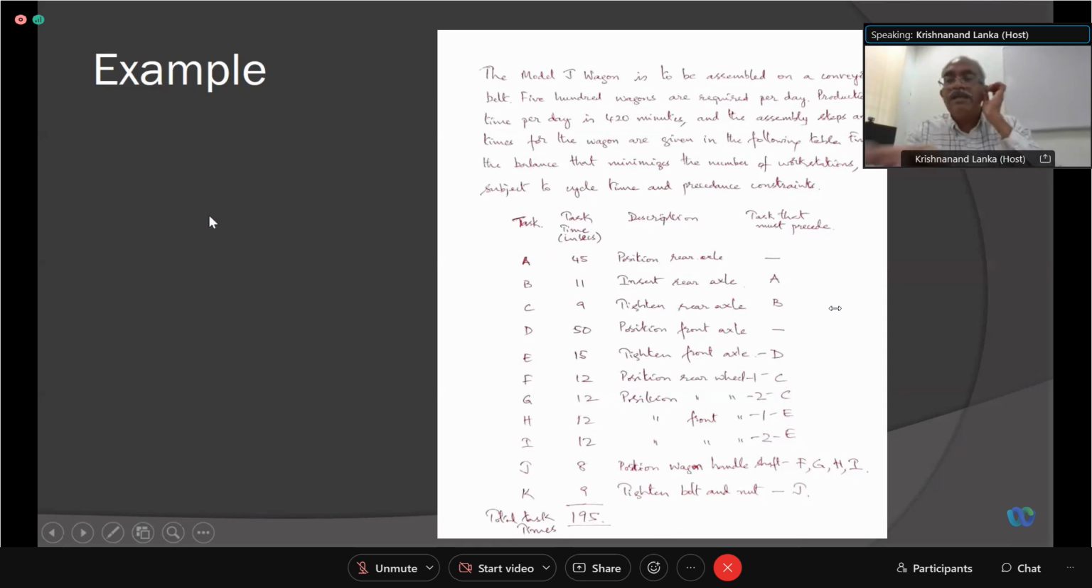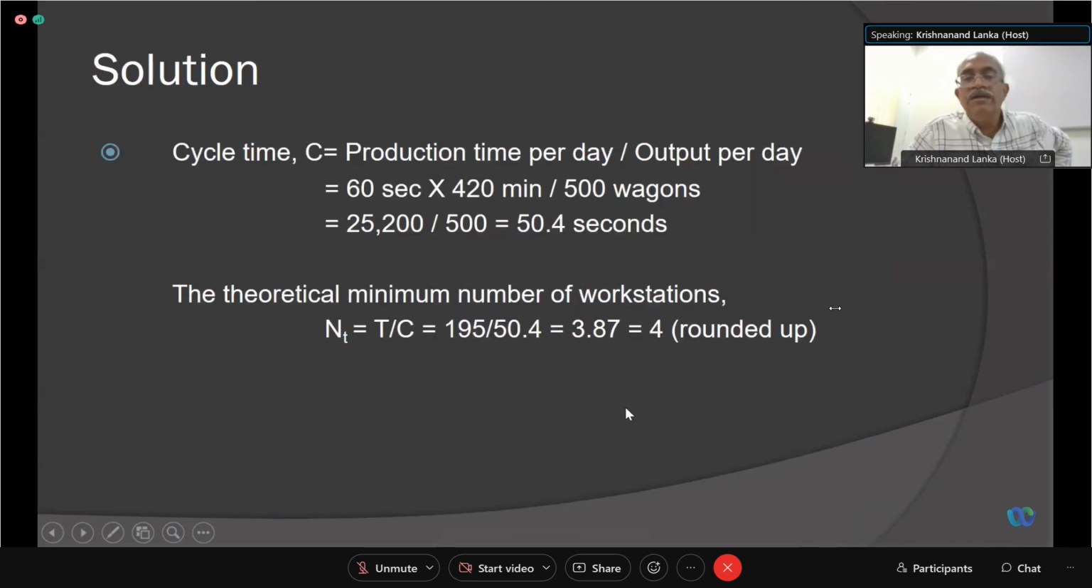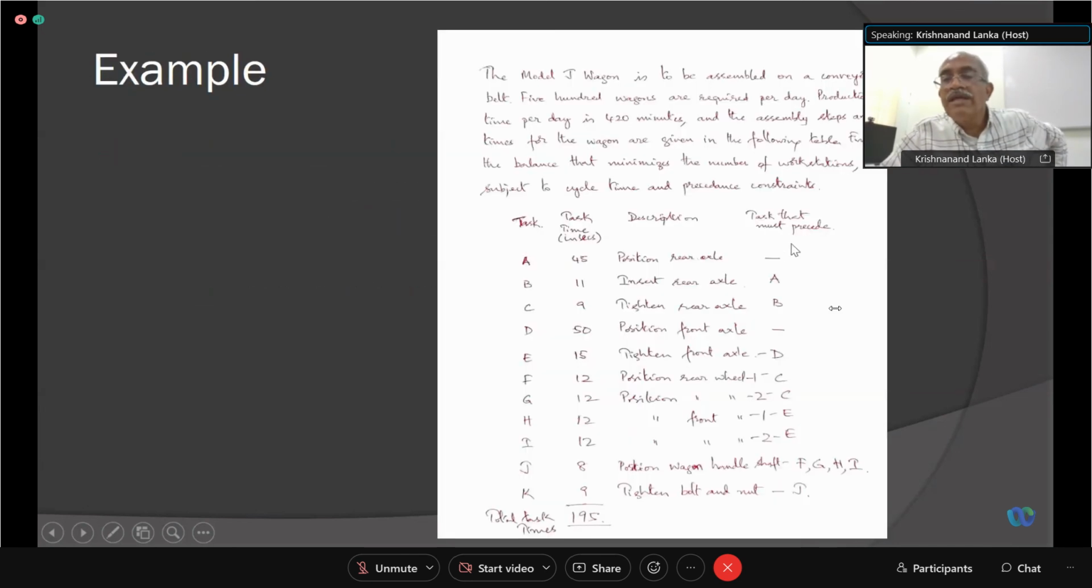Say, for example, here you have what are the tasks, and then what are the task times. Say, for example, here is the task that must precede. So you can read the